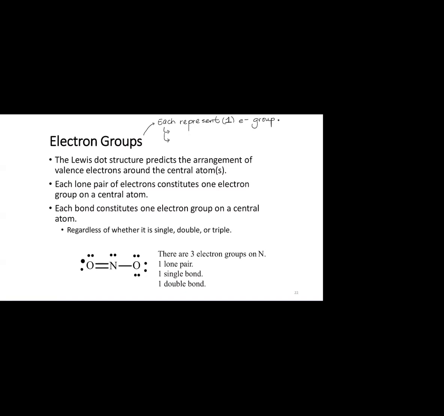And the 4 flavors of electron groups are the following. A lone pair of electrons is 1 electron group. A single bond is 1 electron group. A double bond is 1 electron group. Even a triple bond